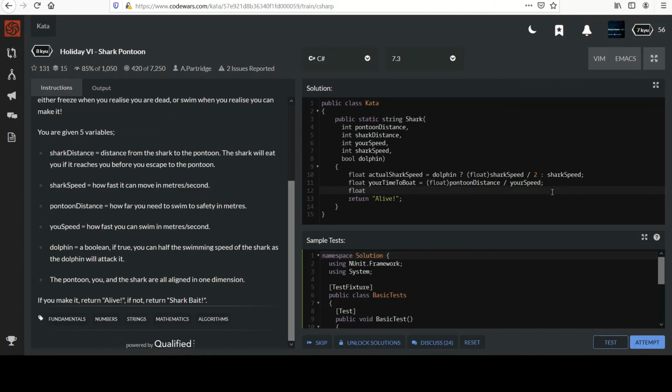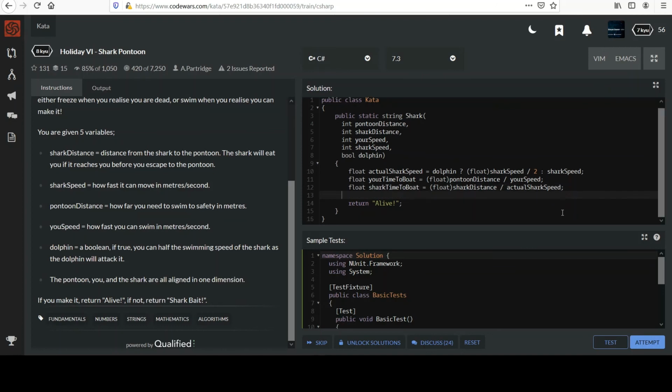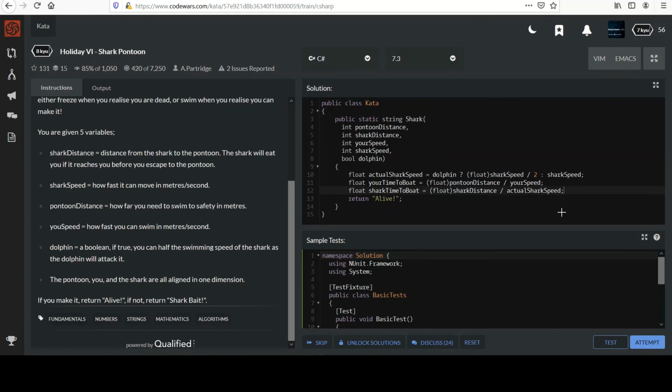And then you've got one of these, shark time to boat, right? Probably going to do the same thing here. And then we have a shark distance that they gave to us. And then we're going to use our actual shark speed, right? Could be different whether a dolphin's included or not. So we want the actual shark speed here. And then finally, now that I know the times that it takes both of us to get there, I can simply, instead of